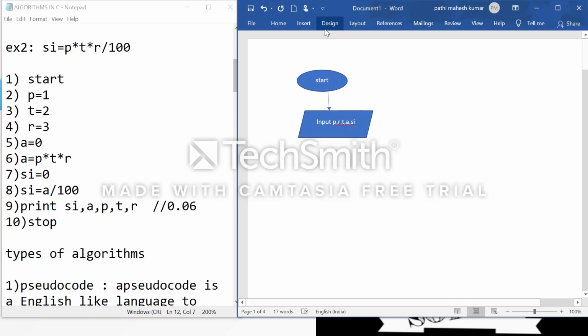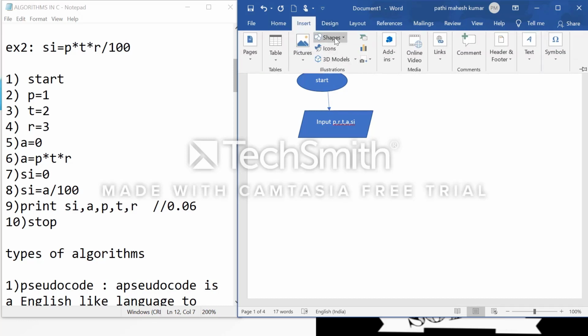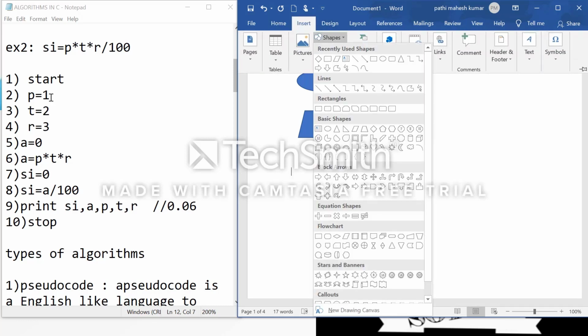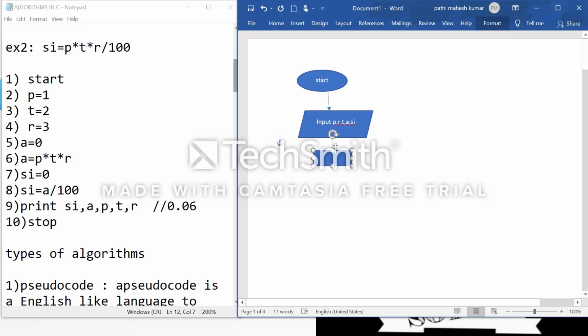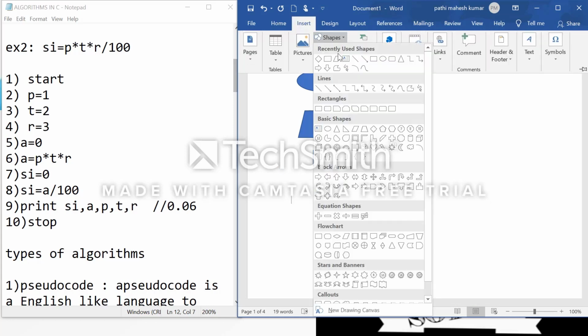Again I want to initialize each variable to a particular value. P equal to 1 and T equal to 2. After that I am connecting these two.